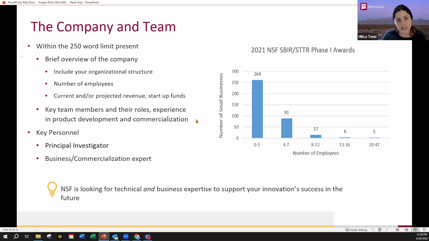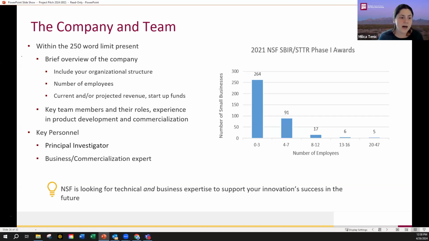You want to identify key team members, their roles, and then their experience in product development and commercialization. And I'll talk a little bit more about that here in a second. And then identify that key personnel. So one thing you'll see, they'll ask for that principal investigator. They'll call it a PI as well. And that really is the leader of this effort. It doesn't always have to be the CEO. Just really think about who on your team is going to be most aligned with the work that you are